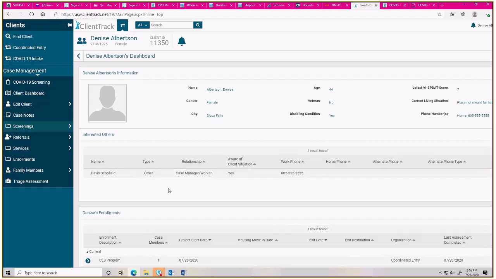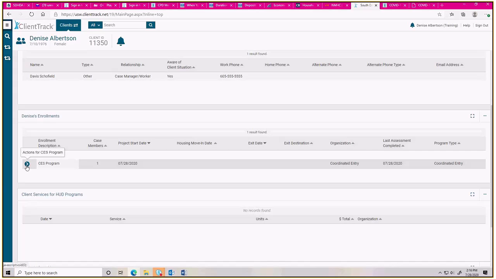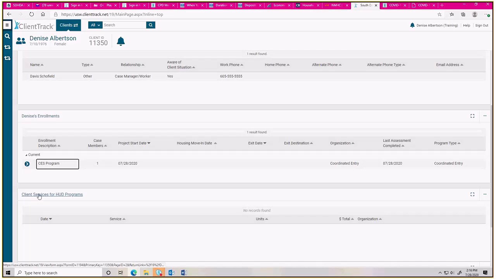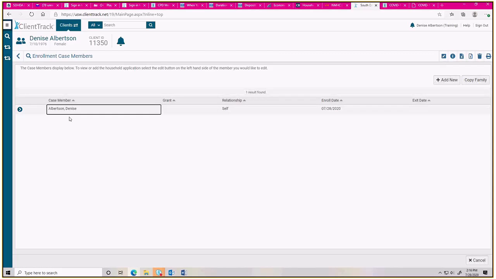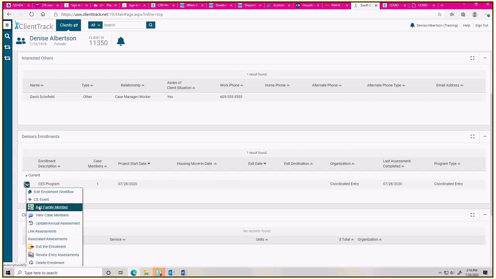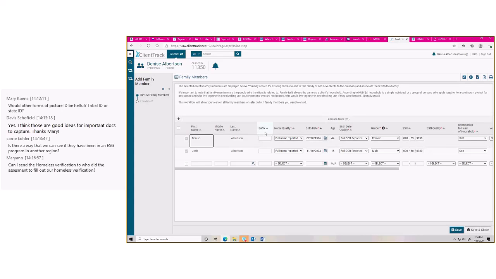And speaking of that, if we needed to add a household member, maybe my son is back in my custody now, from here we could add a family member. If we view case members, I'm the only person that shows up here. So you can see that. Here, if I do add a family member, these are the original people that I had entered. If I do a save and close,